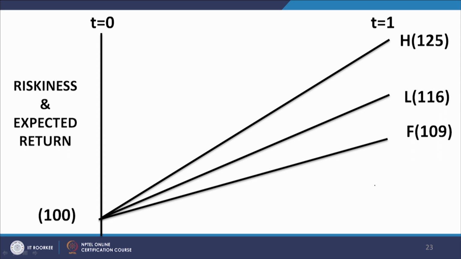This translates to the statement that higher the risk, higher should be the expected return on the asset, in order that the asset is able to sustain itself in an equilibrium market. I repeat, higher the riskiness of an asset, higher has to be the expected return on that asset, in order that the asset sustains itself